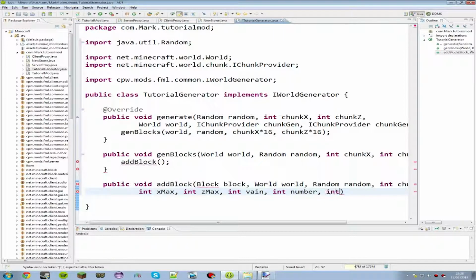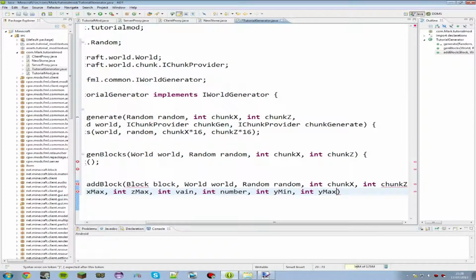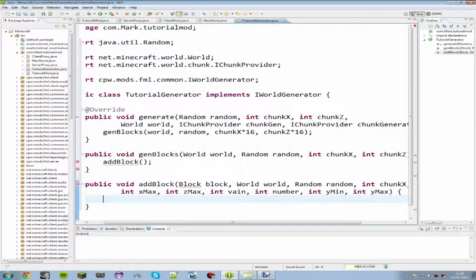You need a Y min, which is the minimum height, and a Y max, which is the maximum height at which this block can spawn. So in here, I'm going to loop around. Just call it I, and I equals 0. I is less than the number, and we want to add it on so it doesn't get stuck in a loop. And then we're going to make a new world gen mineable,